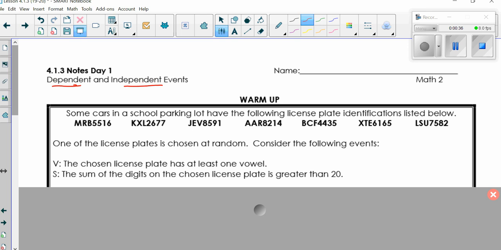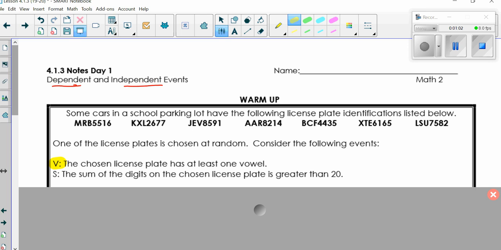Okay, so the warm up, I'm just going to start you with it and then have you pause it and then work through it. It says some cars in a school parking lot have the following license plate identifications listed below. One of the license plates is chosen at random. Consider the following events. Okay, so we have the event V, which is the chosen license plate has at least